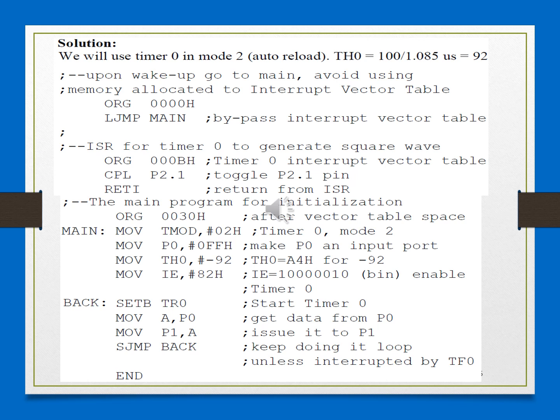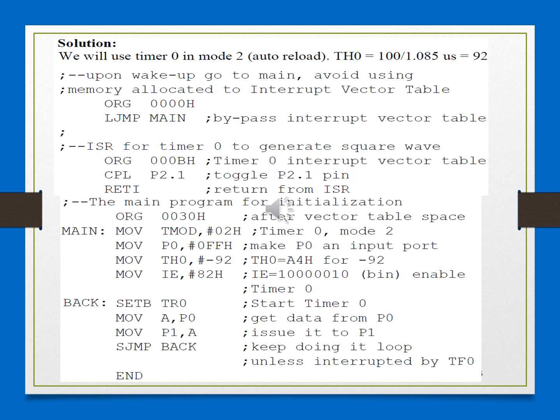If you recall the IE register, the last bit signifies that you are enabling the timer 0 interrupt, and the MSB bit is also made 1, because in order to make any of the interrupts active, you have to first enable the D7 bit of the IE register. That is clear. Now set bit TR0, which means you are starting timer 0.